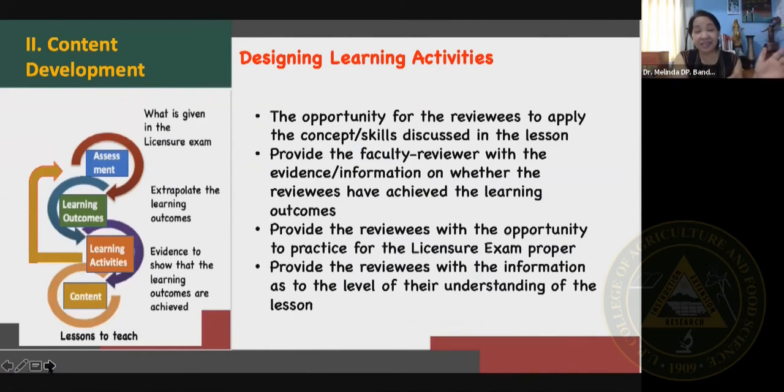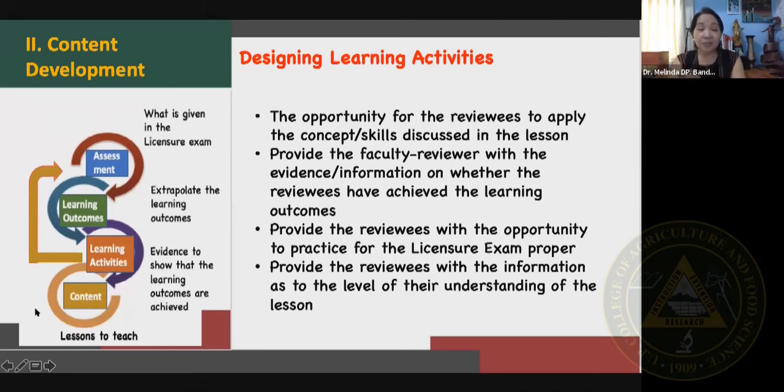So tapos na tayo. So nasulat na natin yung content, ano? So nakompleto na natin. May learning outcomes na tayo, etc. In the course of our lecture, magpo-provide din tayo ng example kung paano natin i-apply yung mga concepts. So now, ngayon, what we need to design is how can we provide that opportunity for our reviewees to practice and apply the concepts. Natutunan ba nila? So the way to do it, or the way to provide us with that evidence, is through the learning activities that we will design